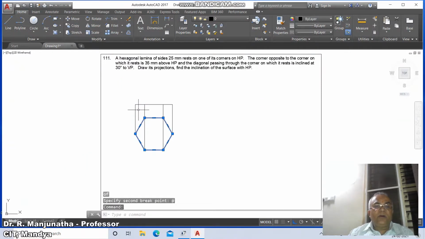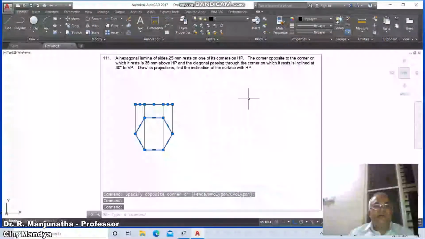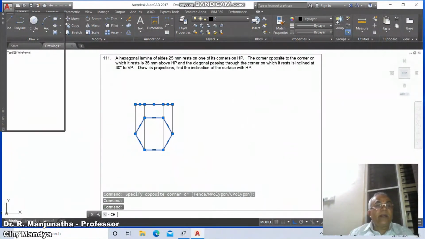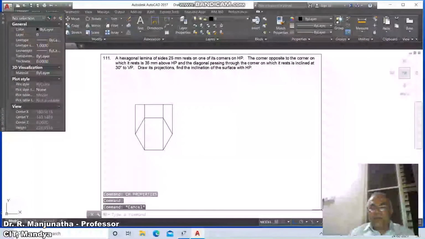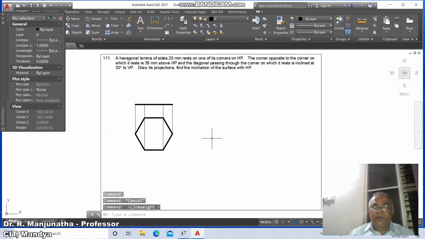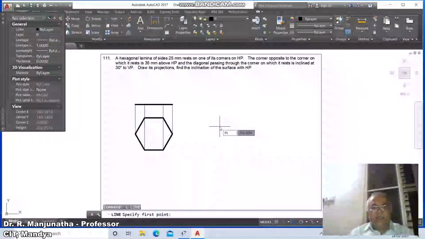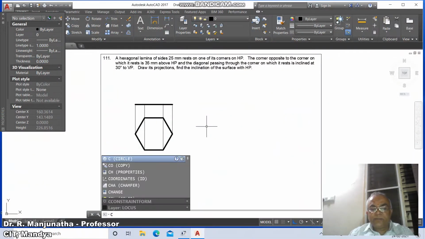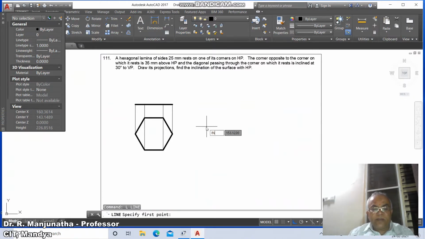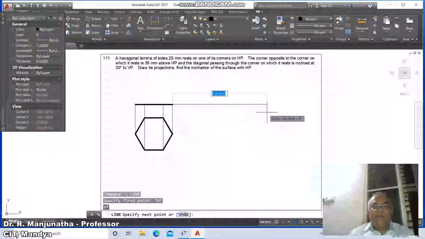Now we'll click on this line and this line and go to the CH command, select the layer as views, and now press escape, then switch on the line weight display so that you are going to get the display. Now we want to copy this, so go to line. First we are going to draw a line from here of this distance.